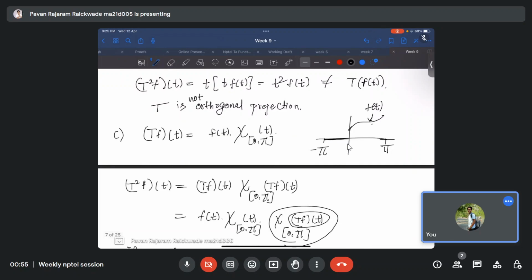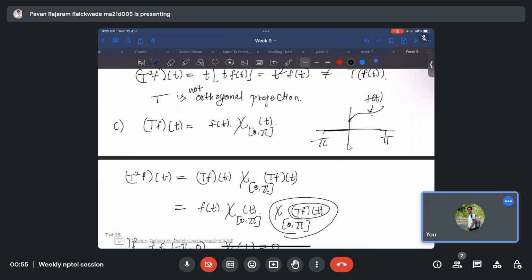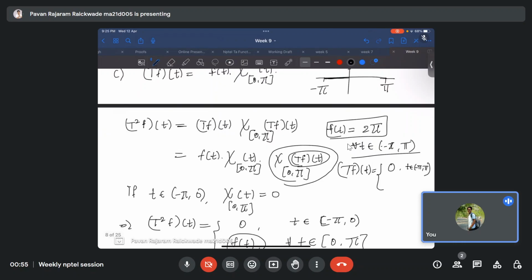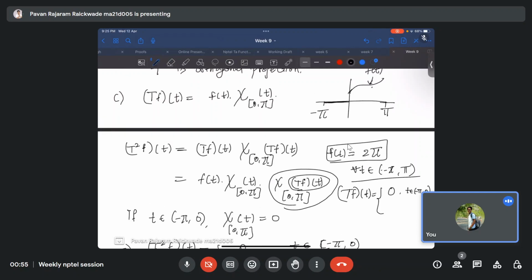For example, if we want to think of an example, what about just f of t equals the constant 2 pi for all t belongs to minus pi to pi? So what is Tf? Tf at t, when t is from minus pi to 0, it's 0, and when we go from 0 to pi it's 2 pi. But if you do T square f at t, then it will be 0 when t belongs to minus pi to